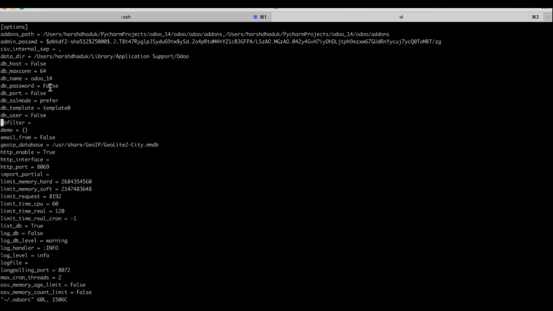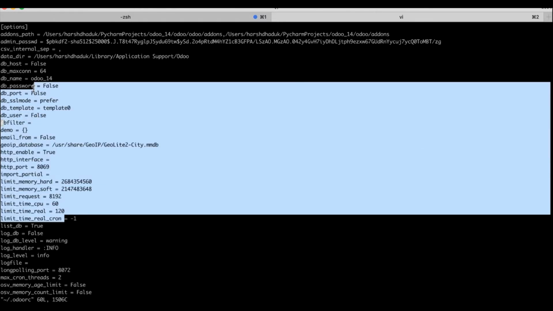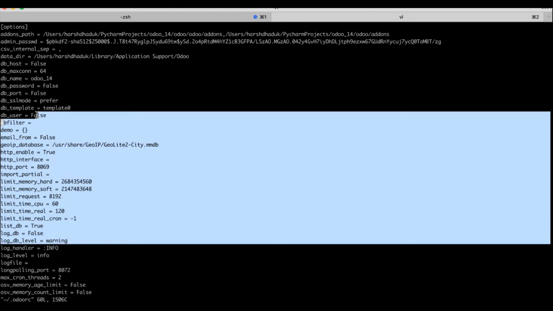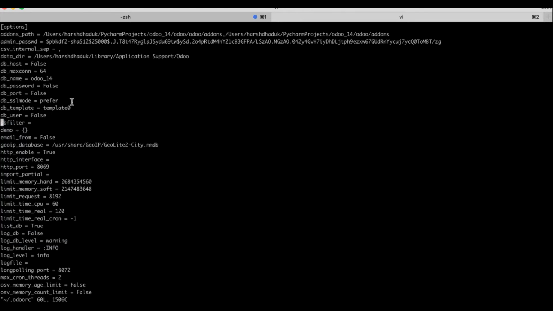You can see I'm using Odoo_14, so by default db_name has this Odoo_14 and all the default parameter configurations are set in this configuration file. But the main thing is I'm not using this one.